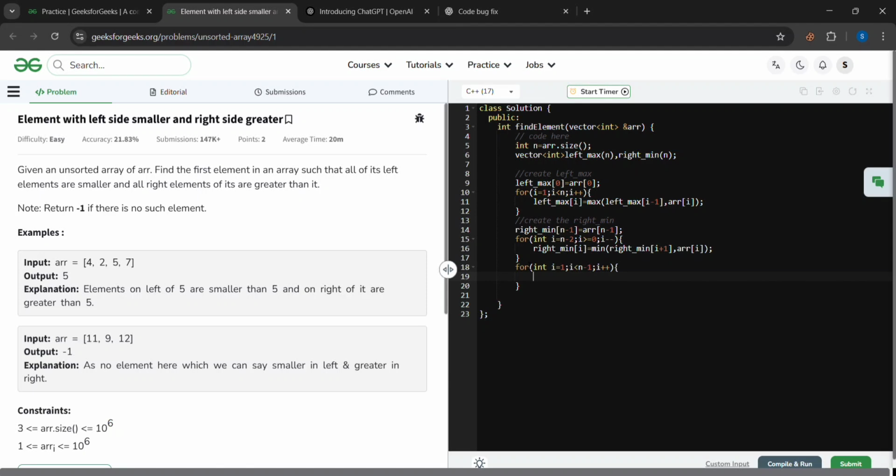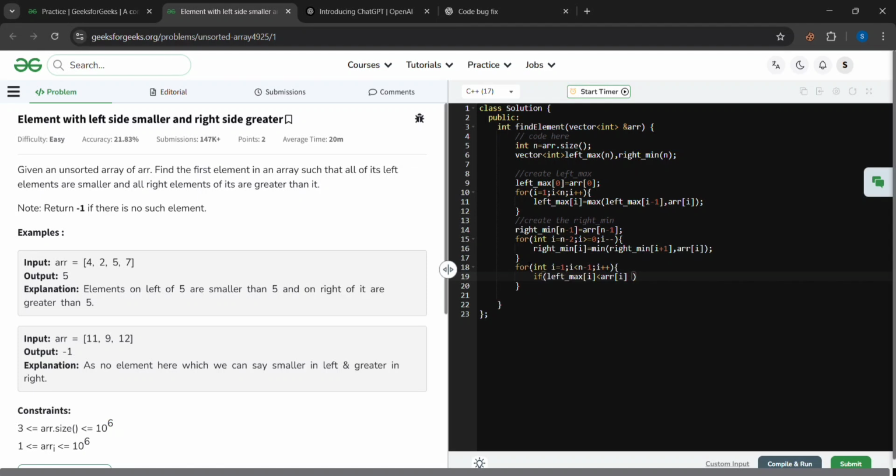And now we will extract the result that we want. Let's start from the left. If left max array, any element must be smaller than our present element,